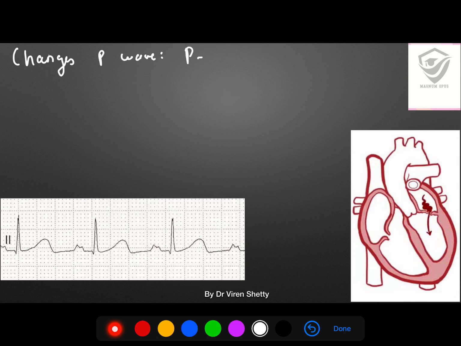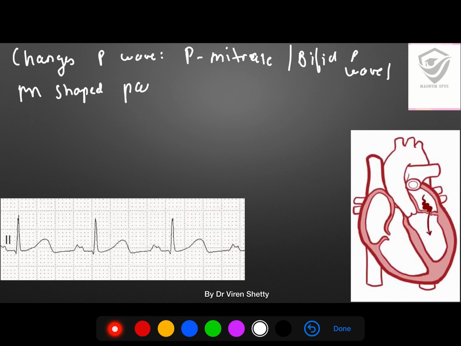So we have a condition called P mitral, also called a bifid P wave, also called an M-shaped pattern. This P mitral is seen in a condition called mitral stenosis. So you can see in the image you have an M-shaped P wave, a bifid type of P wave called